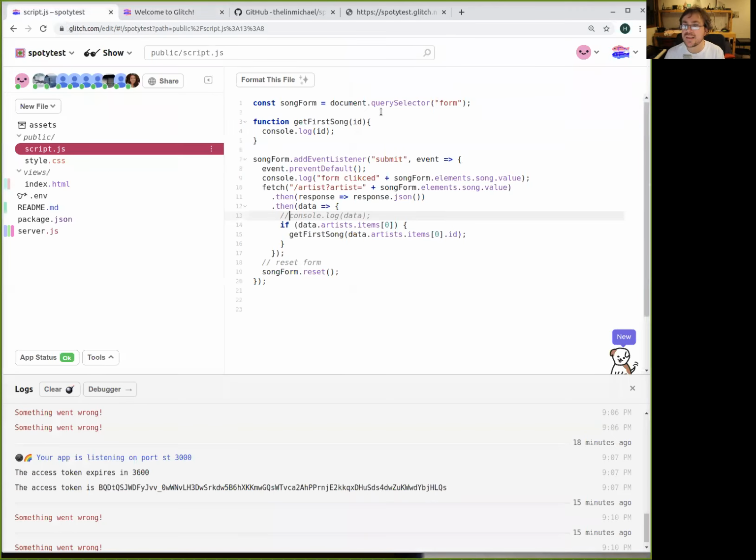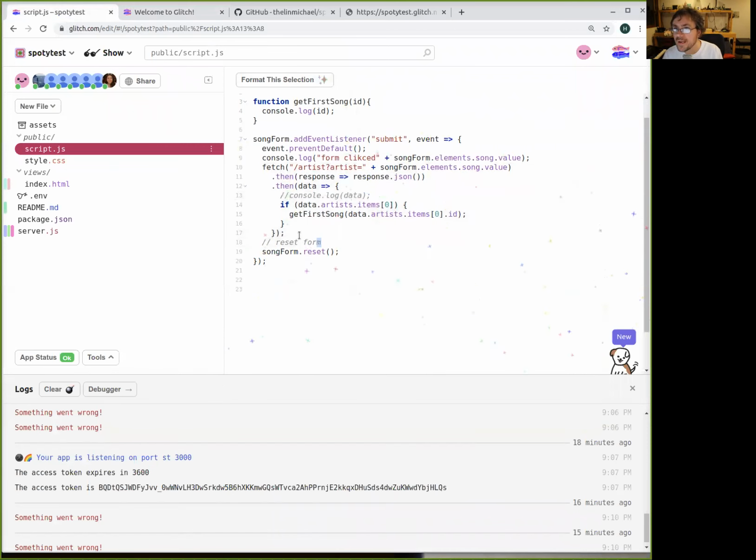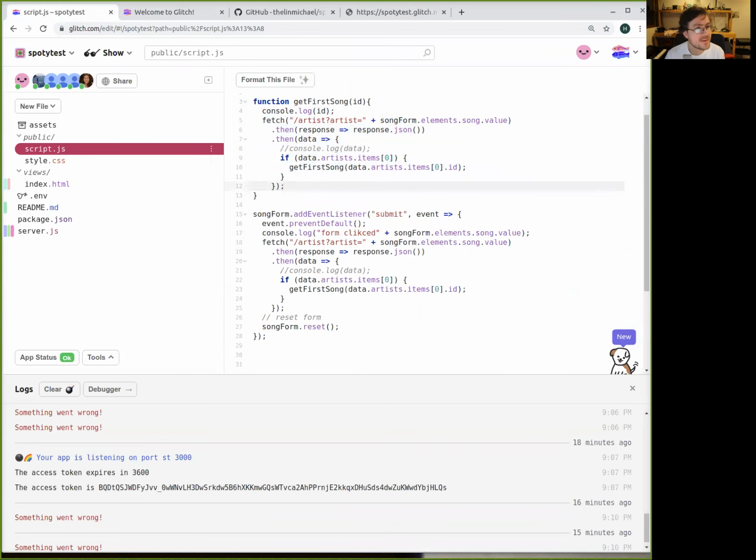Okay. If I can get the Muse ID directly, that means that I can now do another fetch. I'm going to do a similar thing to this one. Let me format this code. And then I'm going to say, if I have an ID, now instead I'm going to get the top artist.